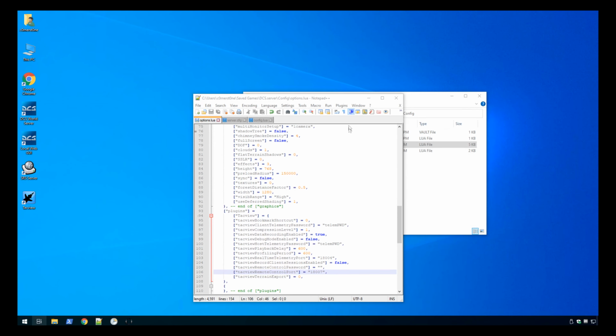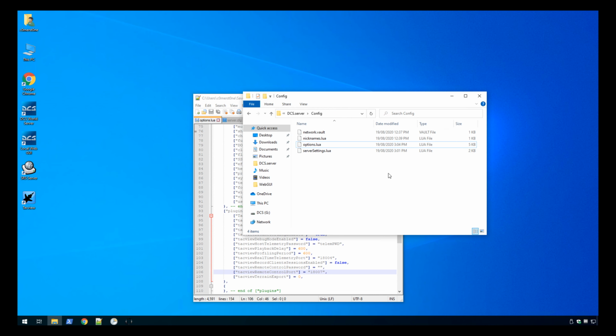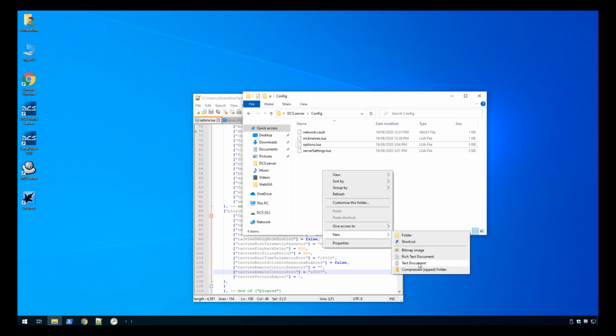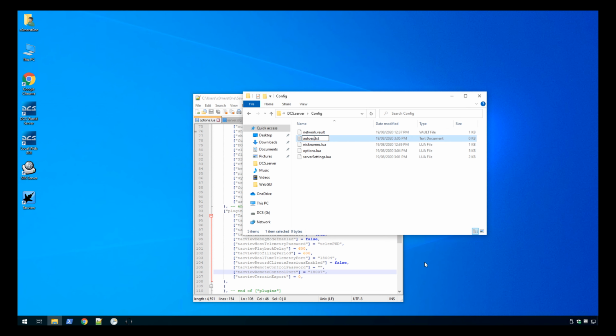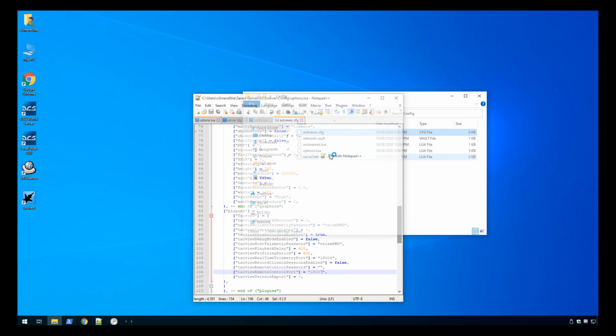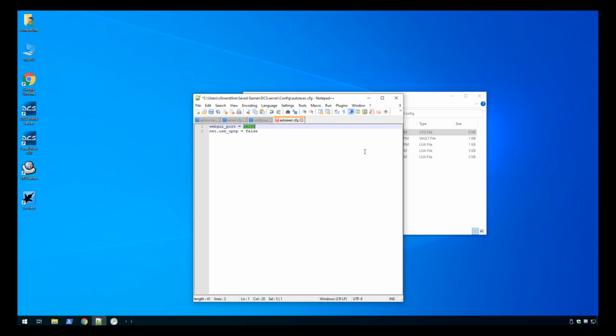Okay, so the next one is a little bit trickier. It's actually the WebUI listening port. So we're going to create a new file and call this one autoexec.cfg, and we're going to edit this and add these lines into it here. So this will be 18005. And I've also disabled the use of universal plug and play because I've disabled